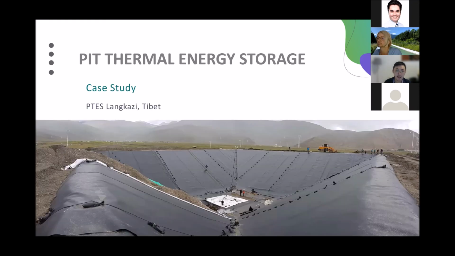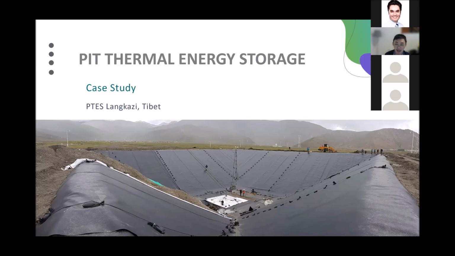So this is a picture of the base of the PTES storage, where you can see the high temperature geomembrane being laid, and there is a temporary ramp on the left side to allow any construction, for example, for the diffuser in the middle to be constructed without